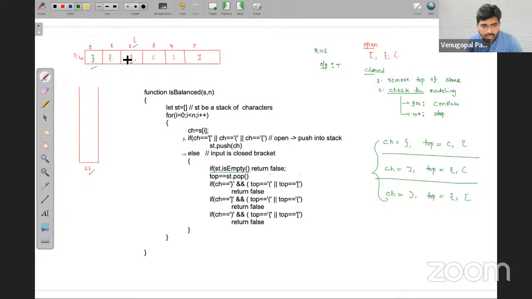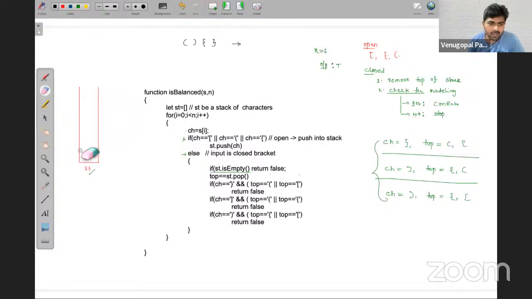Now check. I have taken one expression. What is the output for this expression? Tell me. True, because the stack is empty at the end. Let us check. If it is an open bracket, you simply push inside the stack.